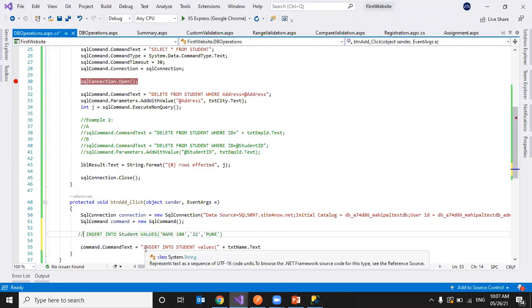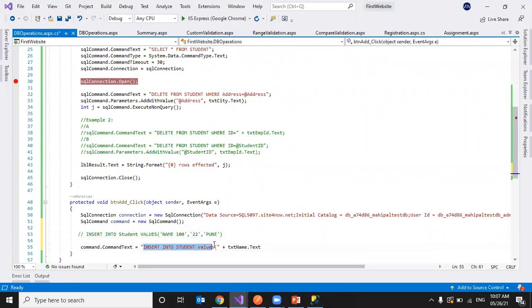See here: insert into student values. Till here I wrote, right? Now I'm writing this value. The value is in txtName.Text. Next, I have to close this double quote or single quote, then comma, and then single quote.